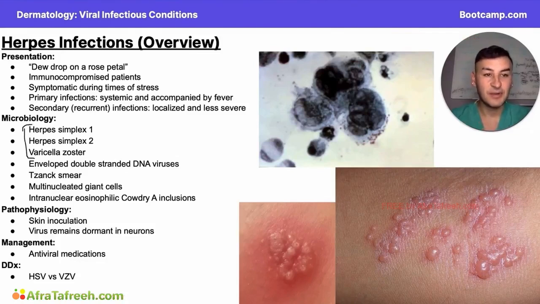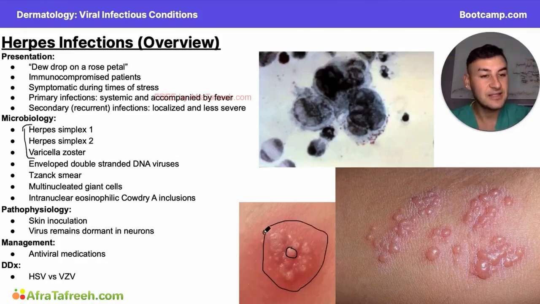Now, how do you recognize a herpes infection on step 1? It's actually pretty easy, okay? I want you guys to focus on some main points here. Let's start with our go-to in derm, which is visual diagnosis. So let's go straight to the source. These lesions are described as clear vesicles, which I circled here, on top of an erythematous base, which I'm circling